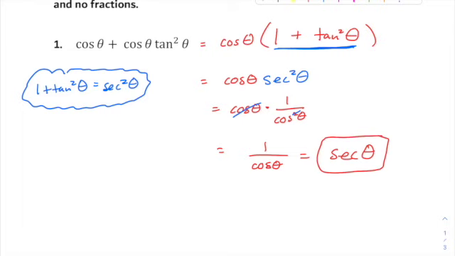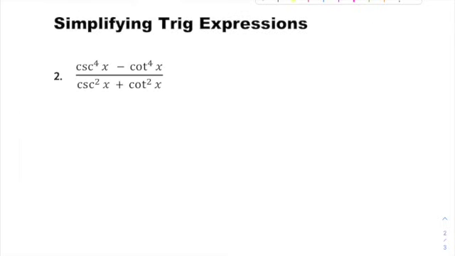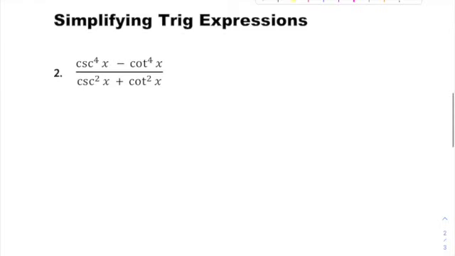I think that's pretty good, and I was thinking if there was another way to do it. I know there are multiple ways to do this particular problem, but to me that jumped out as the best way. So feel free to try a different way and see if you come up with the same answer. Maybe you come up with a better, a faster way. Who knows? All right, so number two I'm going to look at is a fraction, and we've got cosecant to